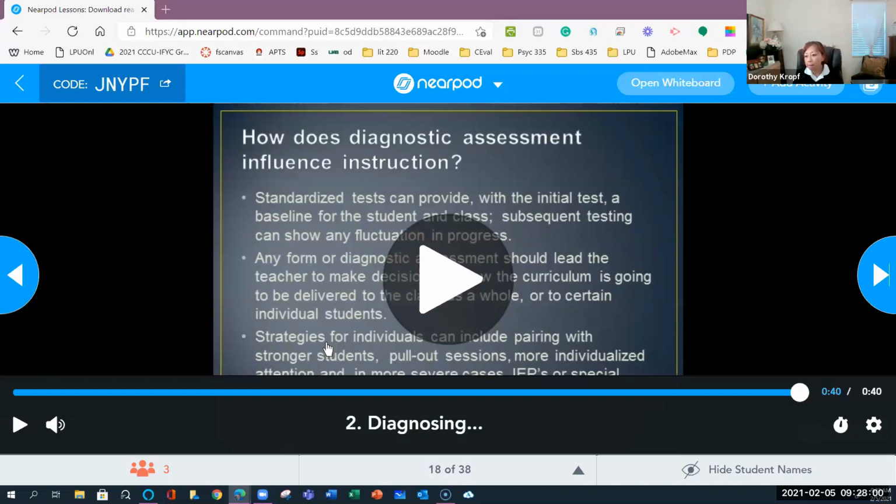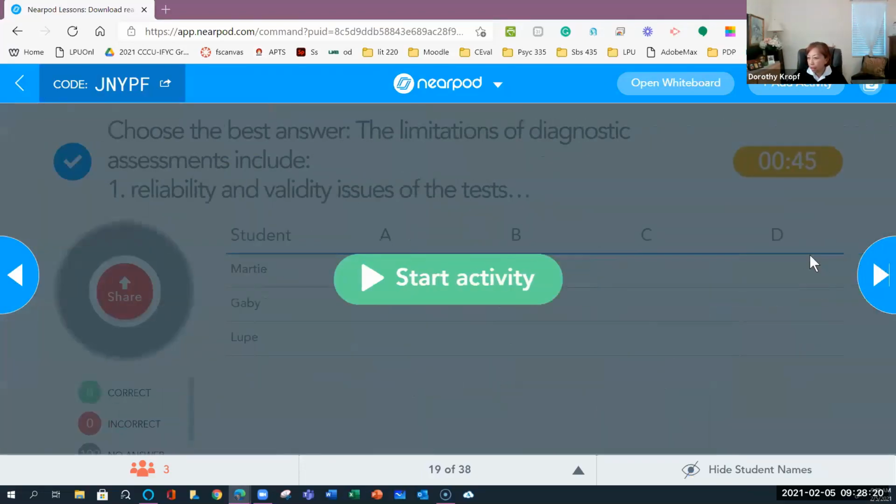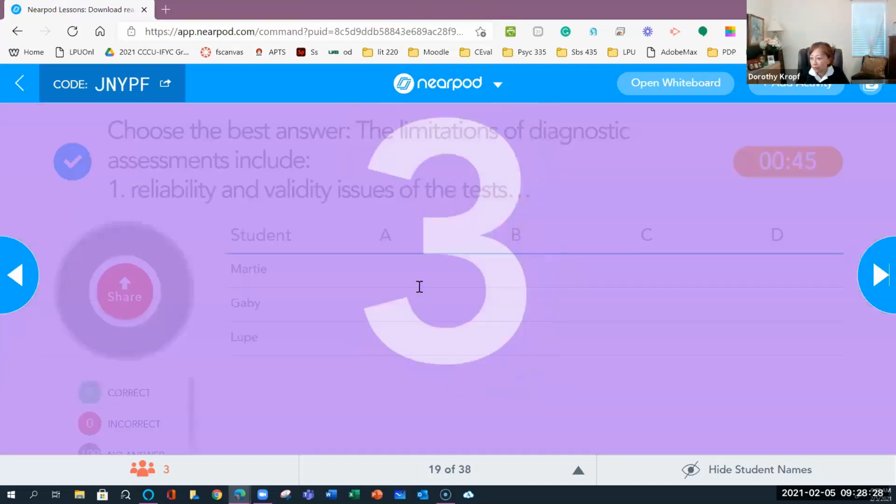Or if it's really on the special education side, you just do a report and have additional assessment to see if the student needs a special education classroom or if the student can still stay in the regular classroom. So things like that. All right, choose the best answer. The limitations of diagnostic assessments include